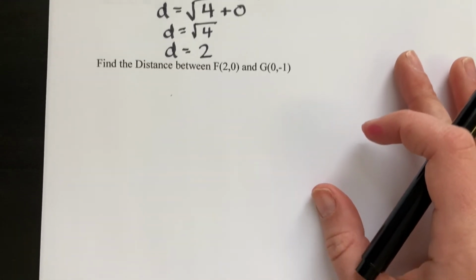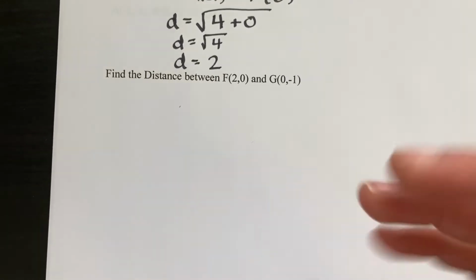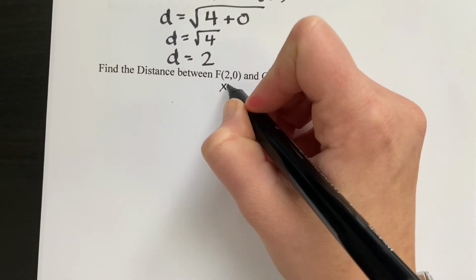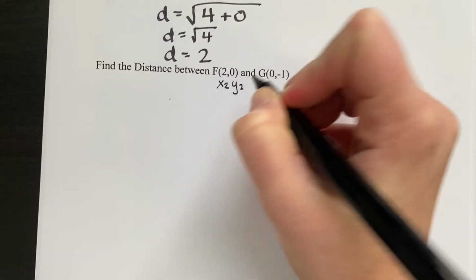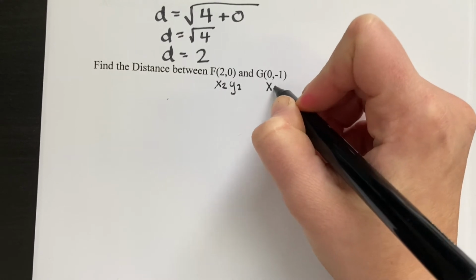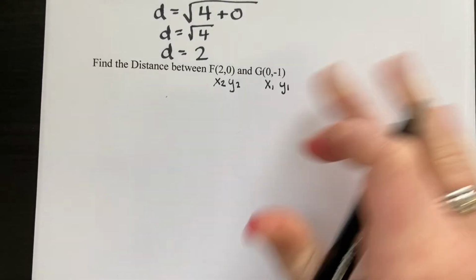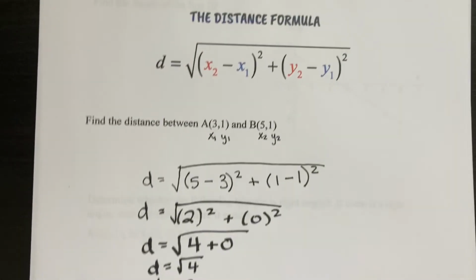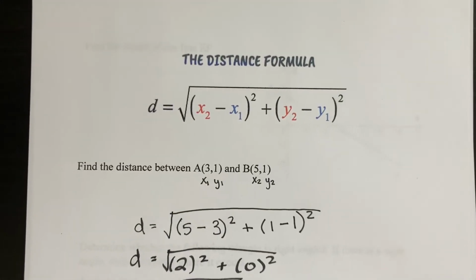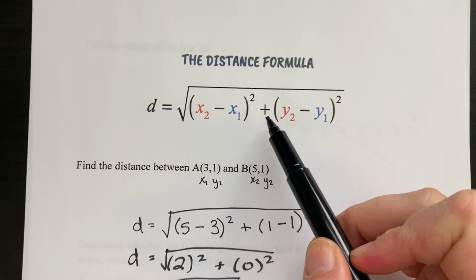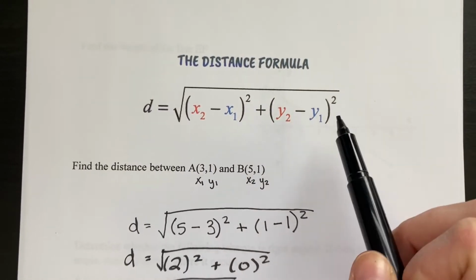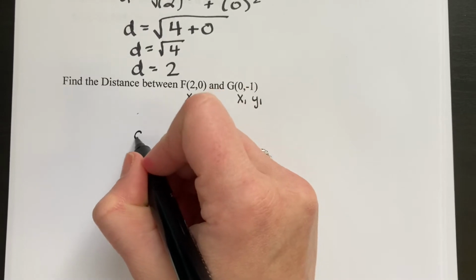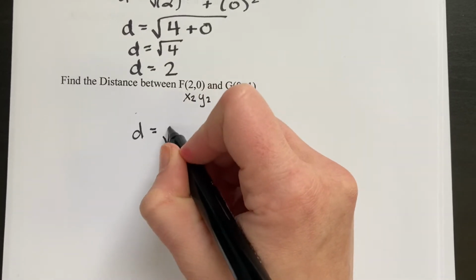We'll just do one more of those before we get to the harder stuff. So same thing, we could do it differently this time. This time I'll label this as x2, y2, and I'll have this be point 1, x1, y1. It doesn't matter as long as x2 and y2 are together, x1 and y1 are together. So this is the formula again, and we're just going to place our x2 and our x1 in their spot, our y2 and our y1 in their spot, and break it down. So distance equals the square root